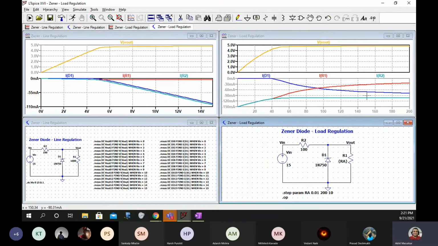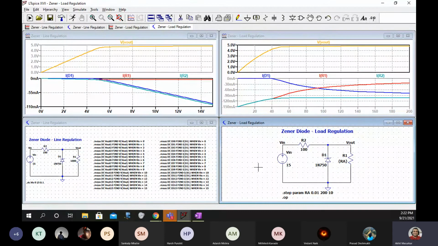IV1 means current flowing through the source, and you can see the source and R2 are in series, right? Sir, the file which you shared in the chat is of line regulation. When I open it, it shows line regulation. Yeah, I might not have renamed it.